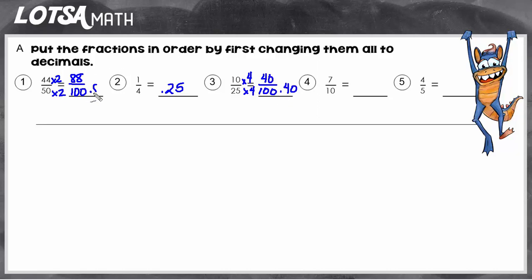Forgot to change this one to a decimal. Okay, and then we have 7/10. That one's easy. And then we have 4/5. That one's easy too. So we've converted all of these fractions into decimals, and now we want to put them